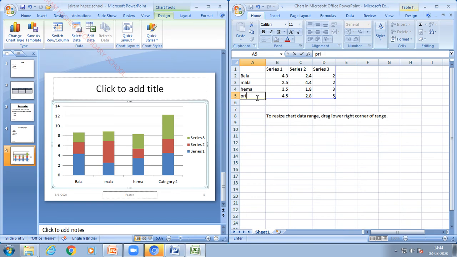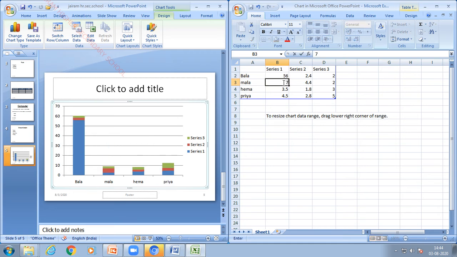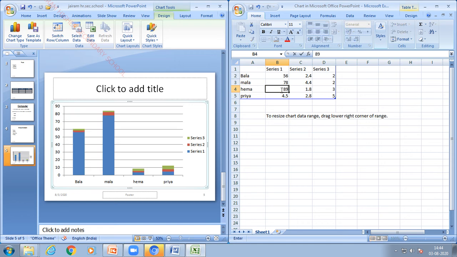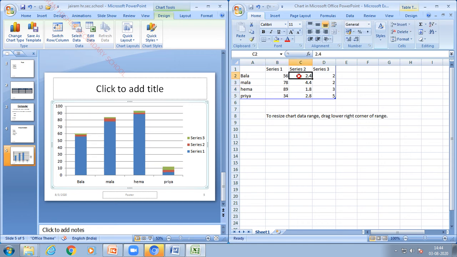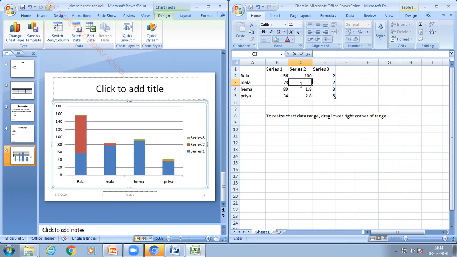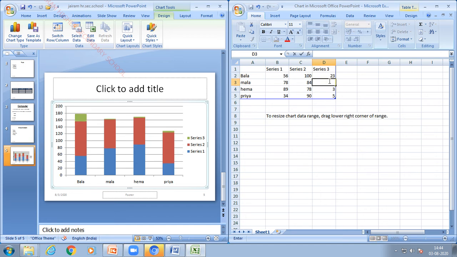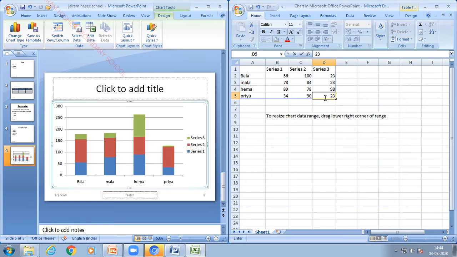And I am going to enter some example values: 56, 89. After entering the data, I have to close the Excel sheet.